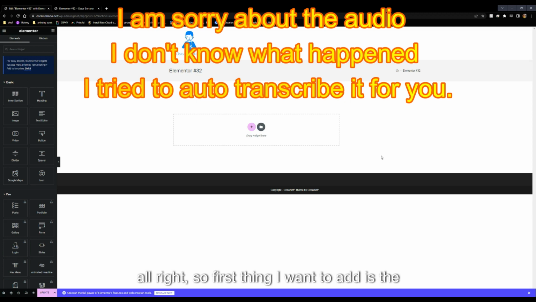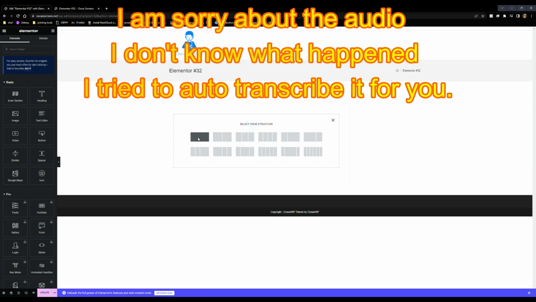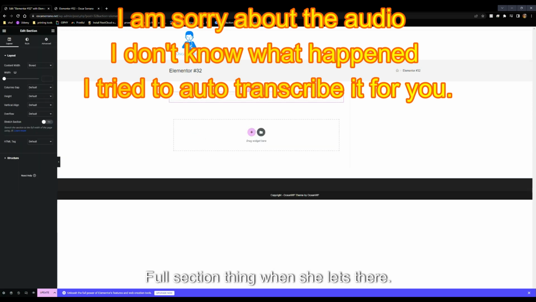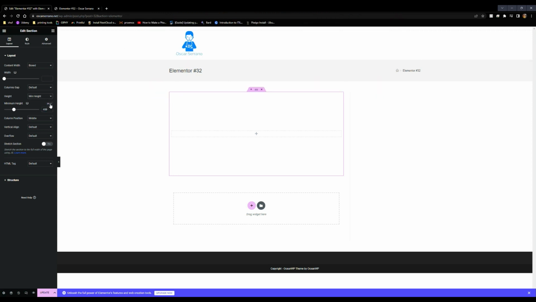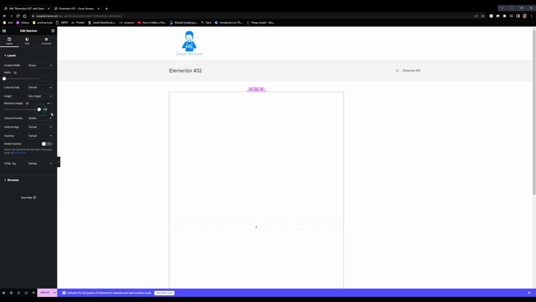Alright, so first thing I want to add is the background picture thing. I'm going to do a new section, full section thing, make sure that's there. Height, I'm going to do minimum height, switch this to the H, set that to 100, and then I'm going to make sure